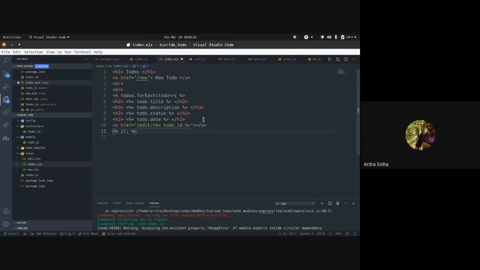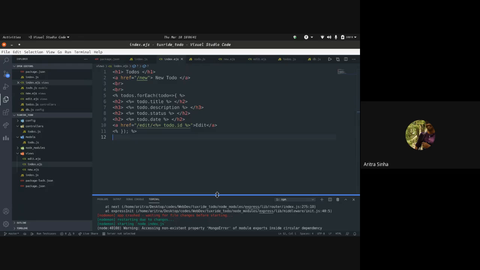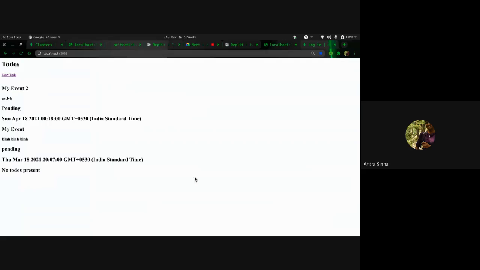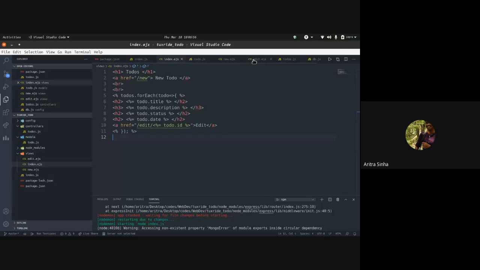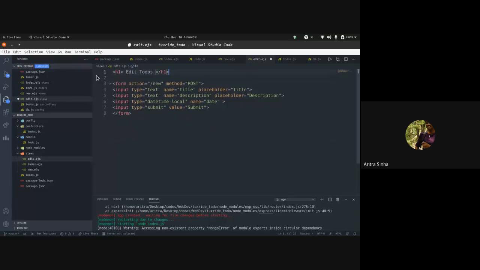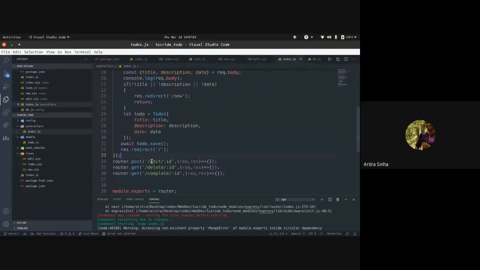What this will do is it will take you to a page which has a form, and after you fill it you will be able to edit the to-do. So yeah, let's see if it works. Once we click this we'll be taken to the edit page for this, and let's just go and remove this.